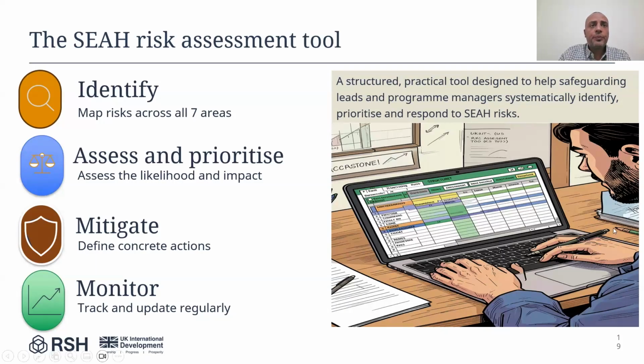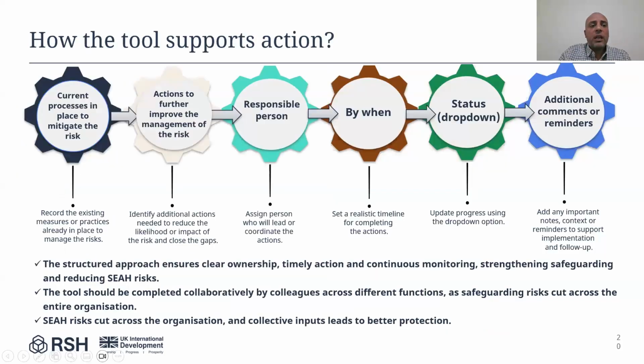Next slide, Piero. One of the strengths of this tool is that it doesn't stop at identifying risks. It supports organizations to develop a clear action plan. For every identified risk, the organization first documents the measures already in place to manage that risk, and then identifies additional actions needed to strengthen the safeguarding system.